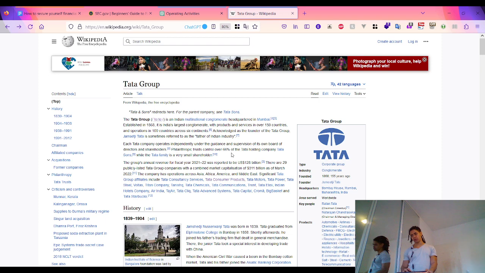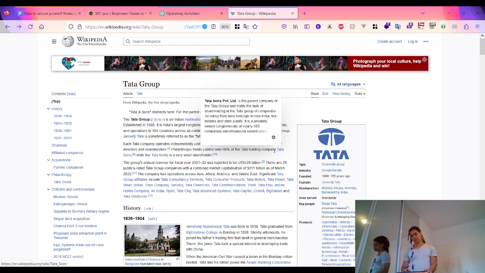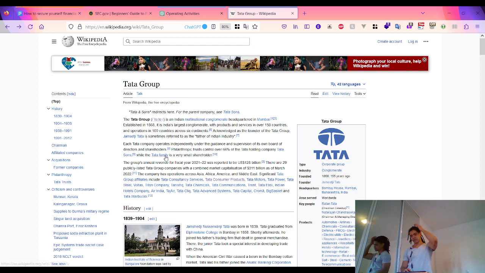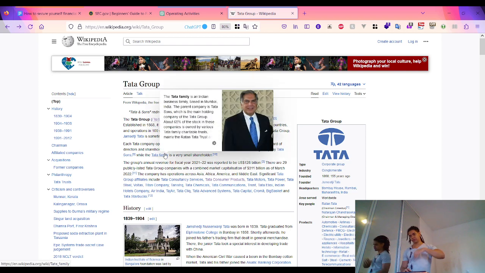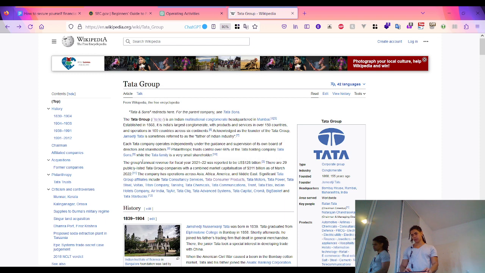Philanthropic trusts control over 60% of the Tata holding company, Tata Sons, while the Tata family is a very small shareholder. The group's annual revenue for fiscal year 2021-2022 was reported to be 128 billion, and there are 29 publicly listed Tata Group companies with a combined market